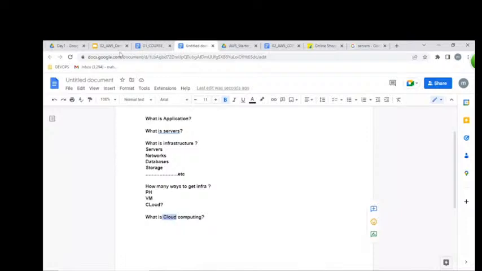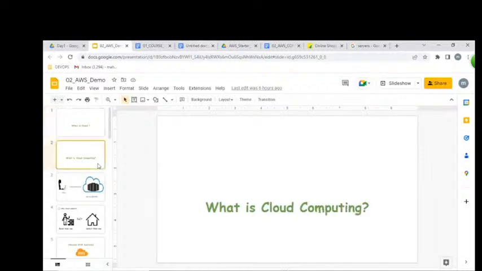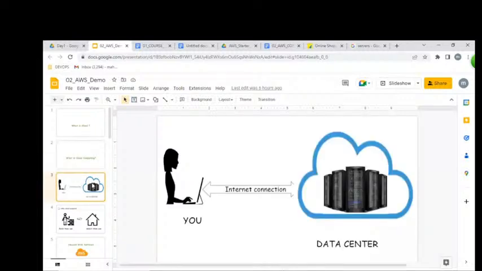So what is cloud computing? Remote placed resources accessed over the internet from a laptop is cloud computing. We understood, it's very clear.